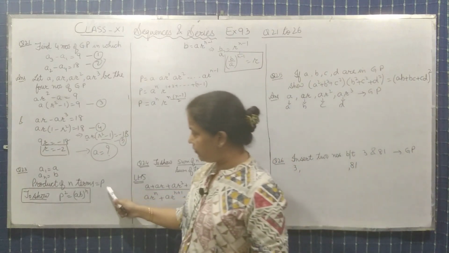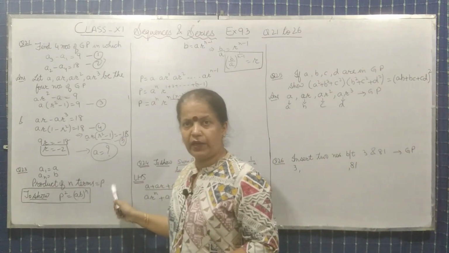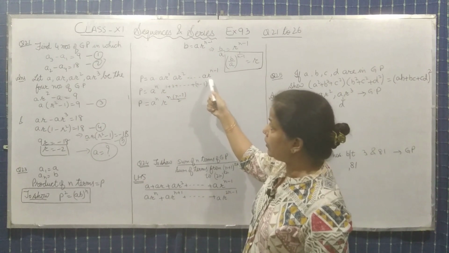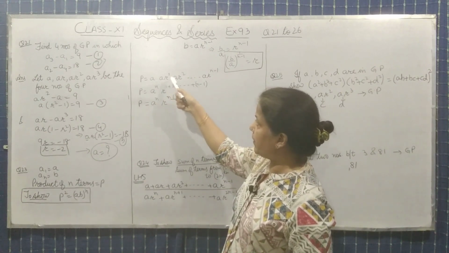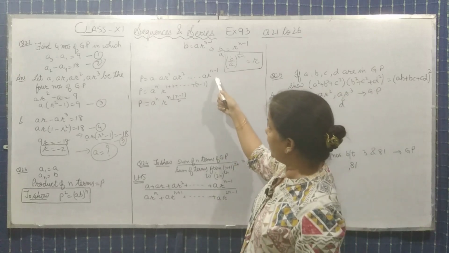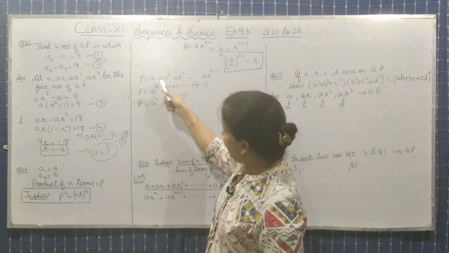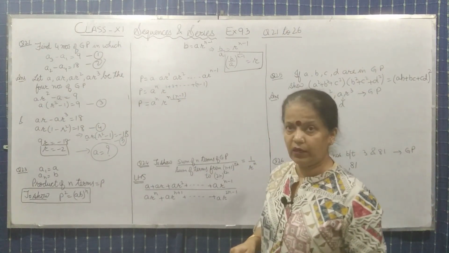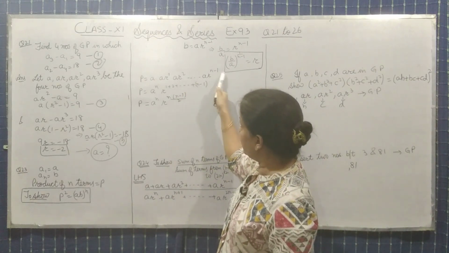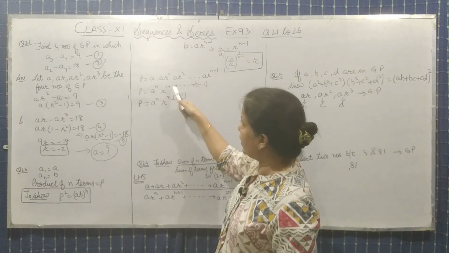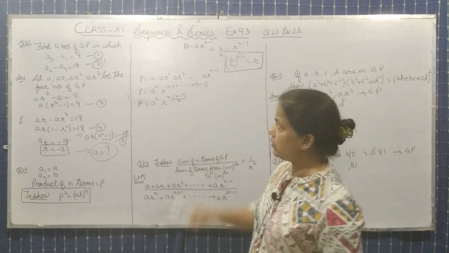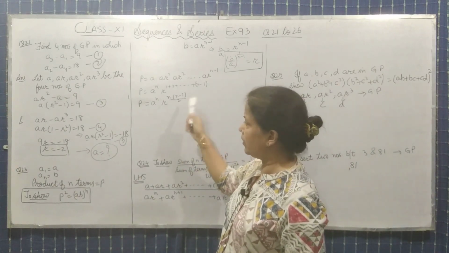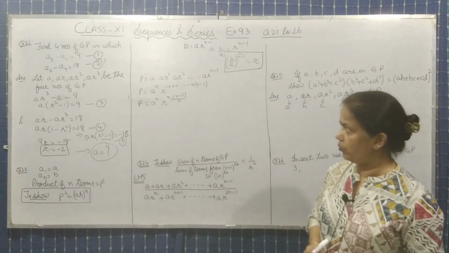Now further they have given that P is the product of n terms. So product of n terms of a GP is P equal A times AR times AR square up to AR power n minus 1. Now if you multiply A n times, what result you will get? A power n. And for R, use the exponent property, so it will become R power 1 plus 2 plus so on up to n minus 1. Now use the sum of n natural numbers, you will get n(n minus 1) upon 2. So this answer you will get over here.